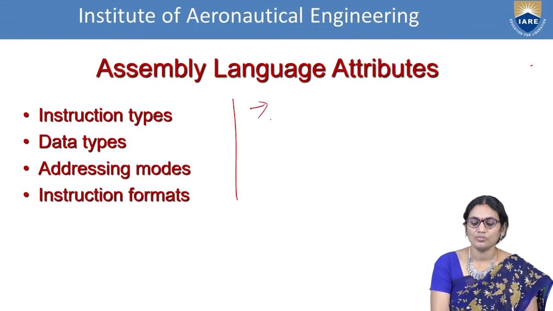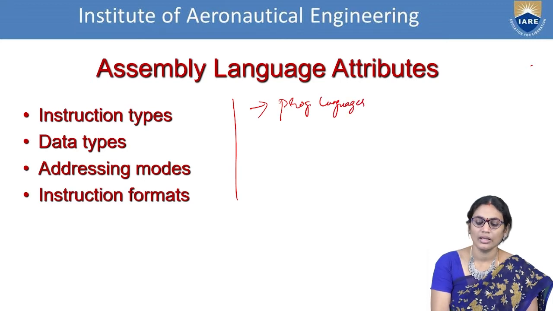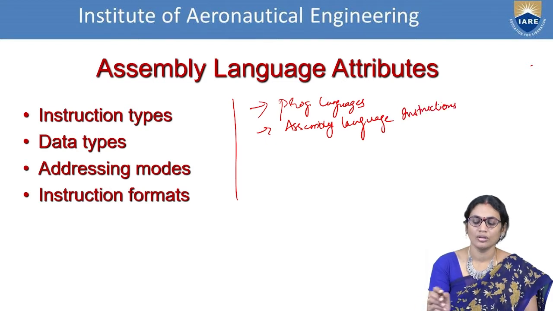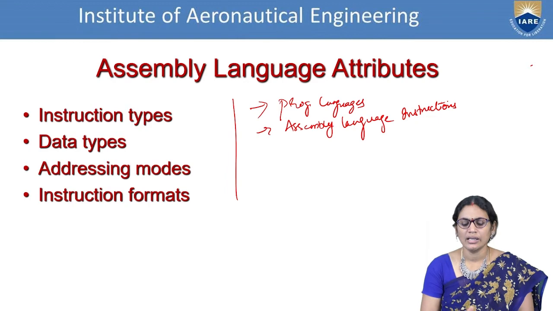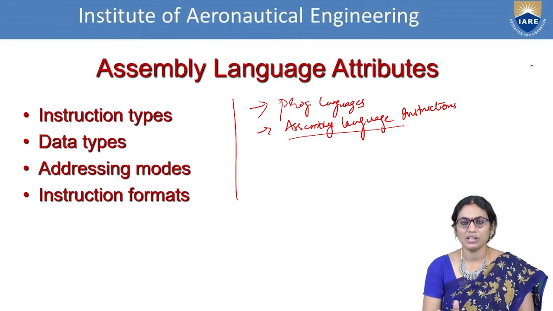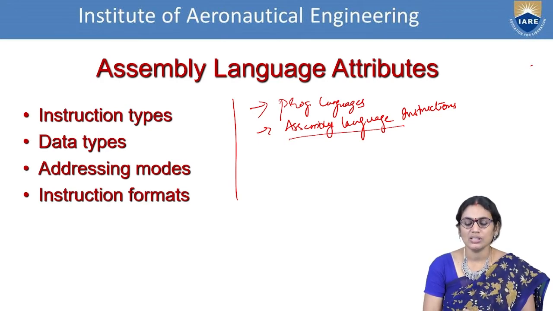As a part of this, we have learned the first case, programming languages. Next one we are going to discuss is assembly language notations, assembly language instructions. Now, we said that assembly language is playing a key role in understanding the end user's query and converting or transforming them into machine notations. So now we are saying that it acts as an intermediary between high level notations and the machine level notations.